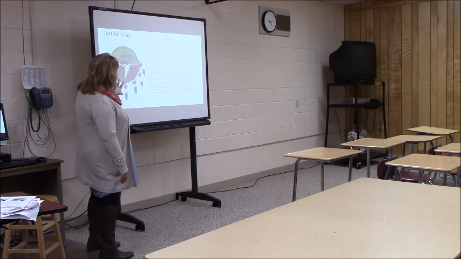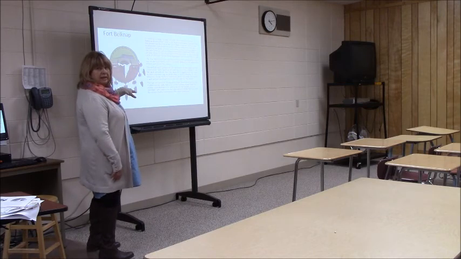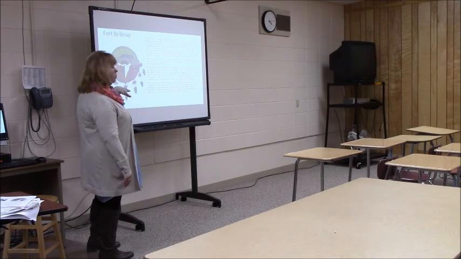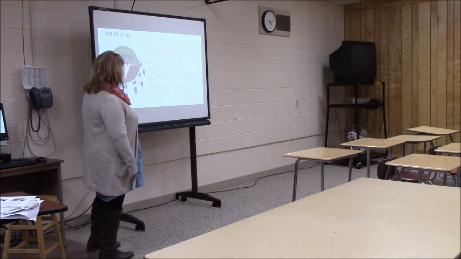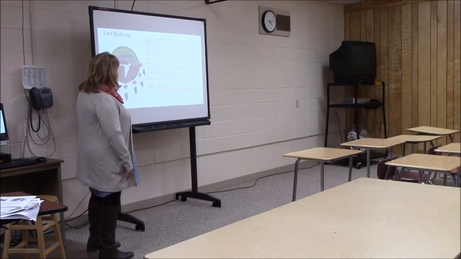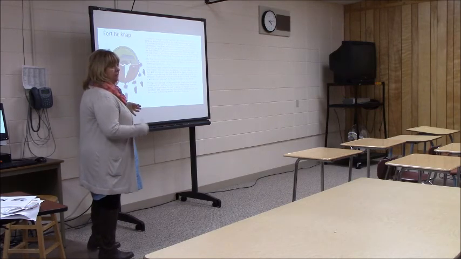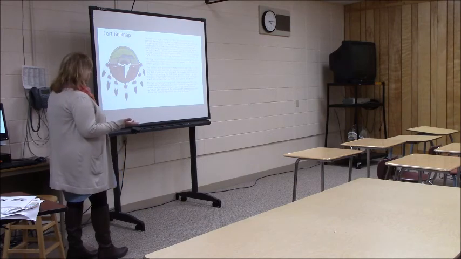The four directions and the four seasons are symbolized by these four colors. And I do have my kids, which I'll show you in a bit, do their own shield or emblem, and they have to choose a color. And why did they choose that color? Now, for this one, red represents the summer, yellow for fall, white for winter, and green for spring. There are a lot of other symbolizations of colors as well.